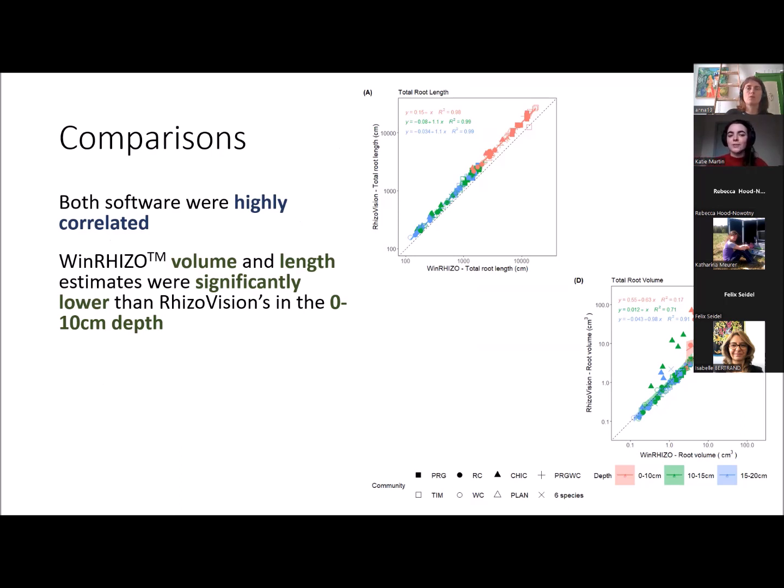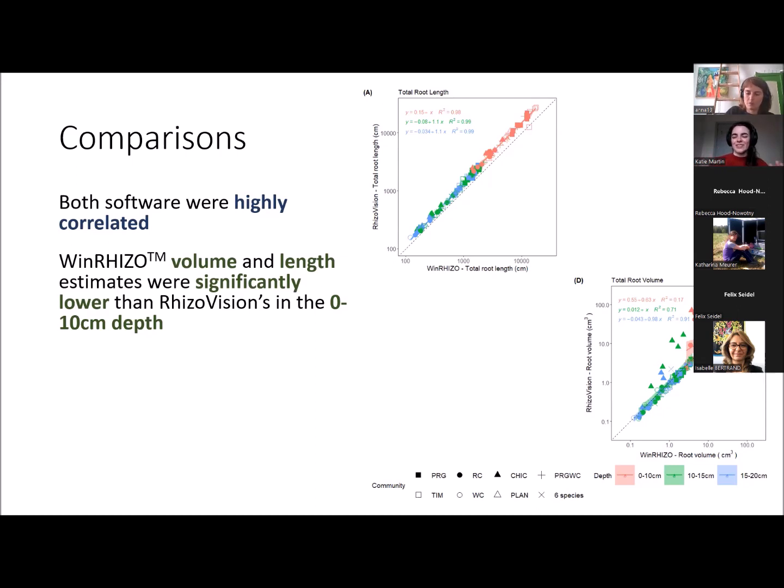Generally, with WinRhizo, the volume and length estimates were significantly lower in the top 10 centimeters of the soil. So this would be where we'd expect to have the biggest difference in root diameters, as well as just a lot more roots from that section of the soil. You can see in particular in terms of root volume, there's certain plant communities which are different. So we have the chicory and rye clover, which are much lower estimates in WinRhizo, which is what we would expect, given that those were the species that had the thickest taproots, and so they had the biggest